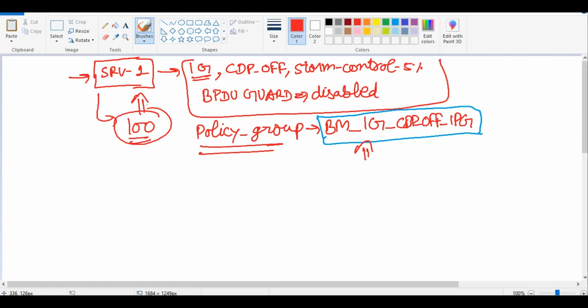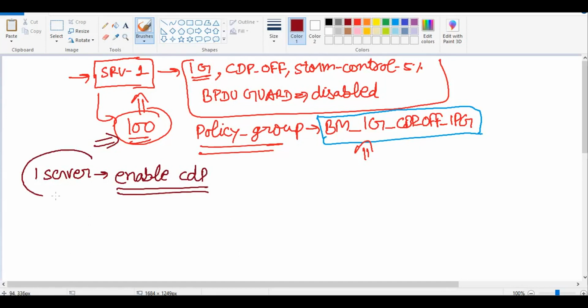So now our requirement has changed. In these 100 servers, there is one server where somehow we get the requirement that we need to enable CDP on that particular port where the server is connected.